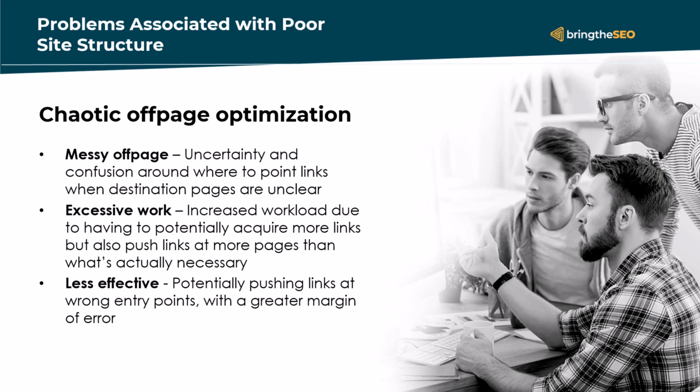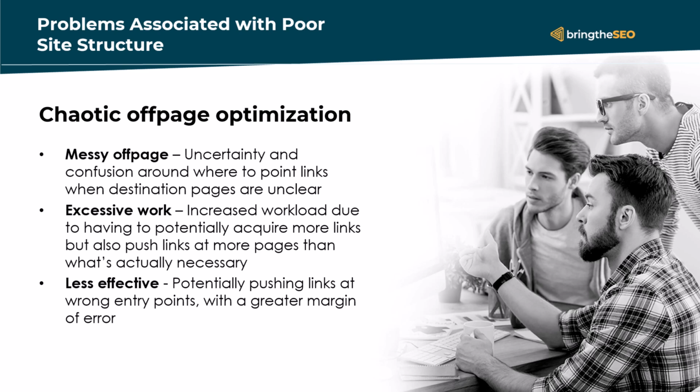Okay, so we don't want to increase the workload. We don't want to buy more links. We don't want to create more pages than what is necessary. And we want to have more certainty and confidence around our off-page efforts. Okay, the type of links we're getting, and more importantly, where we're driving those links to, and what impact those links are actually going to have. We don't want to just be blasting links all over the place because we've got pages and posts and categories here, there, and everywhere. And this, of course, rounds out to my last point here: less effective,